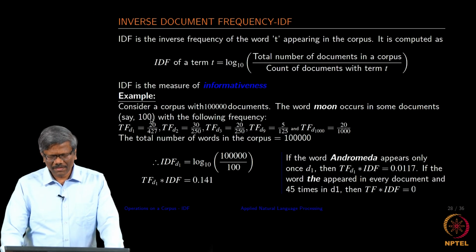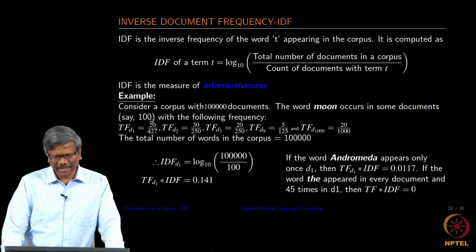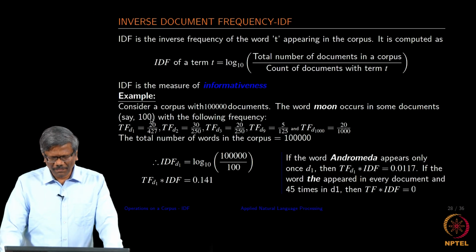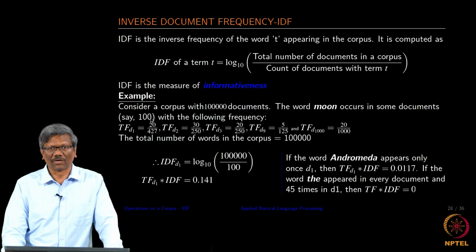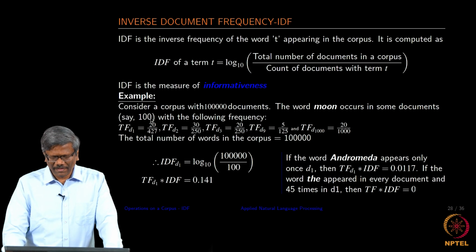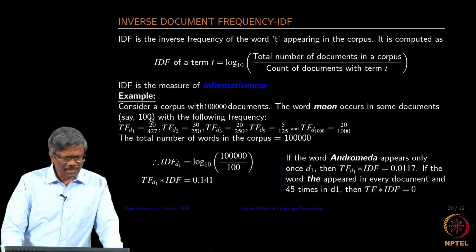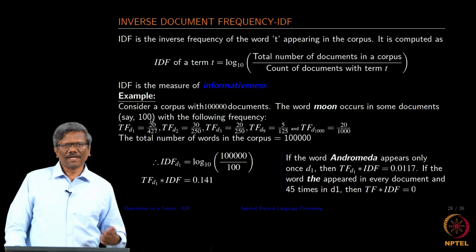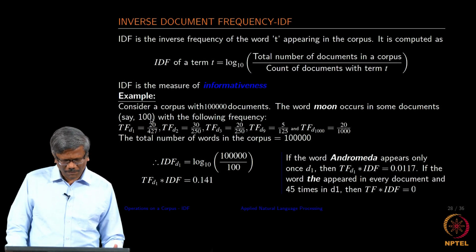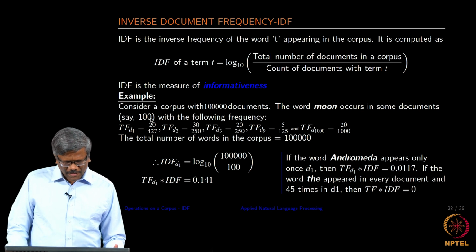If you do not consider the TF IDF and only consider TF, the word Andromeda, if it appears only once in the entire corpus, will have no relevance at all. Assume it appears only once in one document, let us say D1, then it is going to be 1 by 427. So, it is of very little significance, but when you consider the IDF for this, it would be equal to 5, right. The IDF is going to be 5 and then the TF IDF is going to be 0.0117, here.